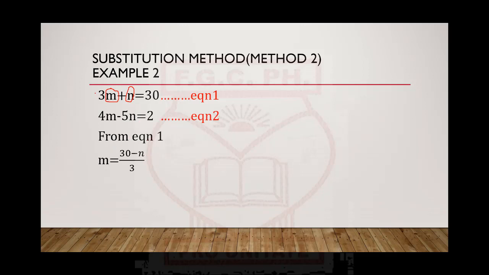So now using this m, you can see what we're going to get. M is going to be 30 minus n over 3 when you make it the subject of the formula. So now we're going to substitute it into equation 2. That means in place of this m, we're going to now put in 30 minus n over 3. So if we do that, see what it becomes. Recall that it used to be 4m minus 5n, but now it is no longer m there. It's now the new expression for m that is there. So you solve this